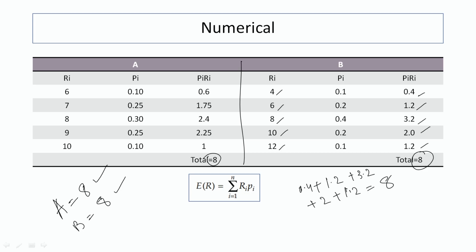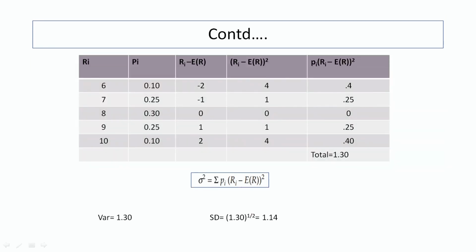Is it so? Without going through risk analysis, we cannot accept a security just on the basis of the calculation of expected return. So, what we need to do? We have to calculate the expected return first, then we have to go for calculation of risk. Without risk calculation, we cannot check a particular security or we cannot purchase a particular security. So, for thorough analysis, when we talk about risk-return trade-off, we need to go for risk also, we have to calculate the return also.